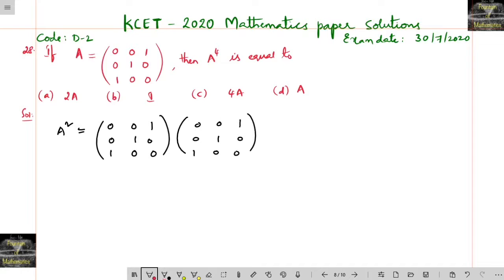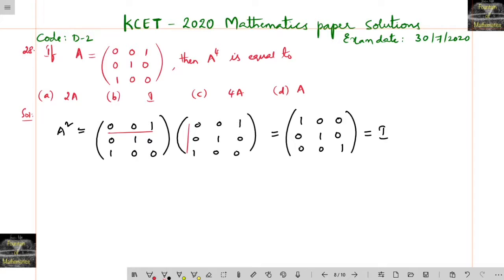So we perform the row operation, row with column. Just row with column operations you will do it. So we'll be getting 0 into 0, 0 into 0, 1 into 1, 1, 0, 0, 0, 0, 0 into 1, 0, 0, 0. We'll be getting here also row with column, second row and first column. If we do 0 only, you'll get 1 here, and here you're getting 0, and here 0, 0, 1, which is nothing but your identity matrix.